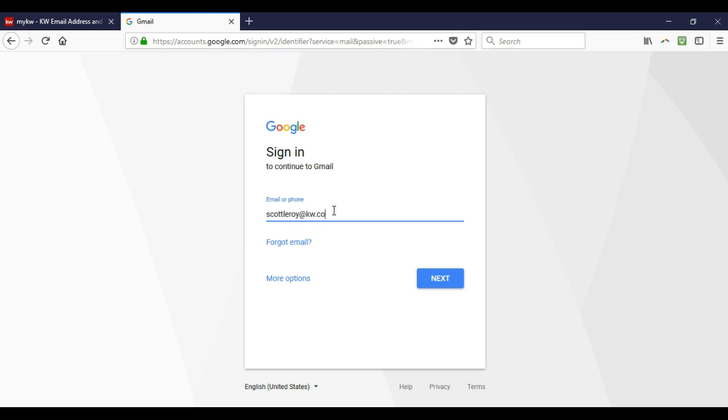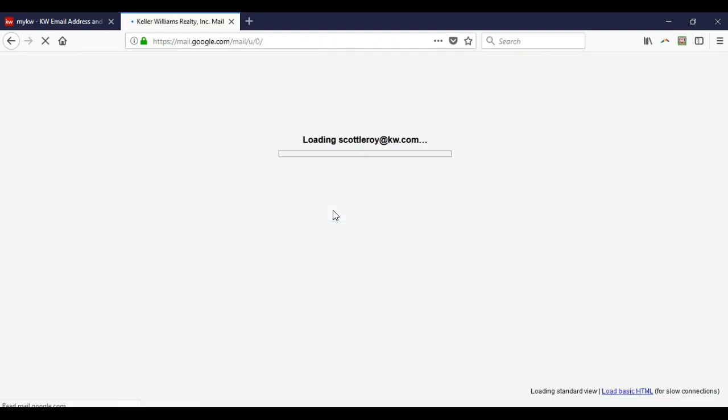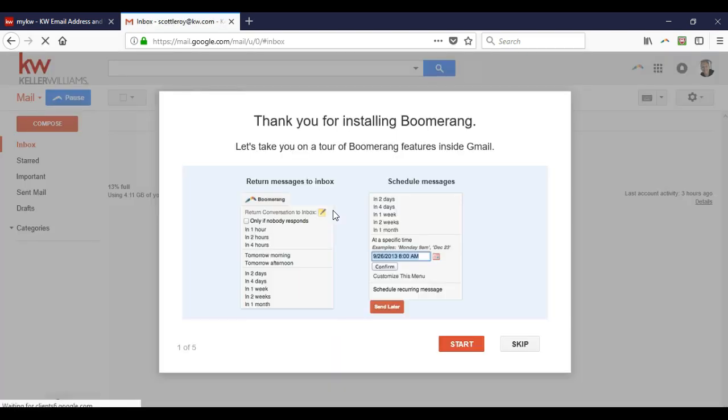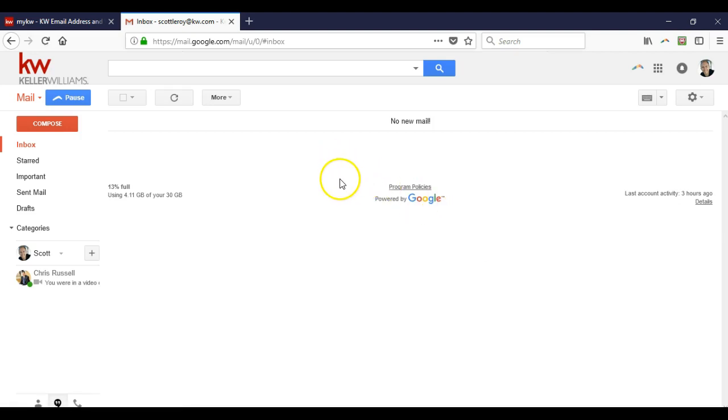So I'm going to sign in to myKW.com email. I'm going to put inside my password real quick. And voila. All right, it looks exactly like a Gmail account. All right, this will not pop up. This is a little extra feature I've paid to add on. All right, but on here, as you can see, it looks almost identical to a Gmail account, except you have